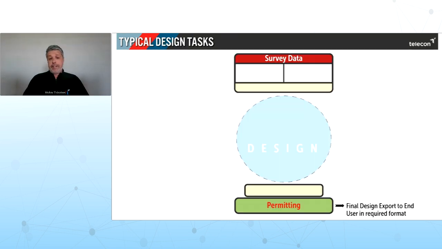So once your survey data collection's done and completed, thoroughly QC'd, now you're ready for the design phase. In this example here, we're using Catapult data as our data collection tool. But whatever you're using, more than likely, you're going to need a data conversion. So from the source data, you can output as a KMZ, shapefile, whatever works best, and start preparing your data